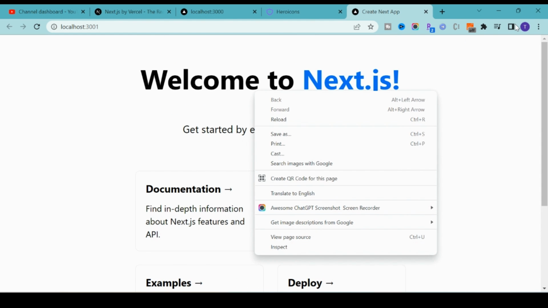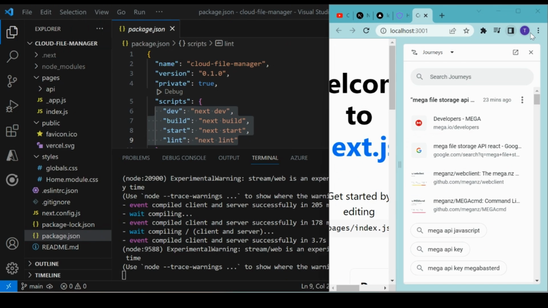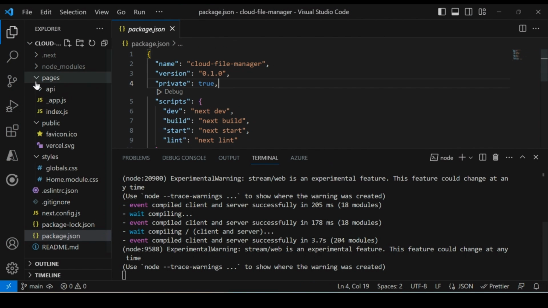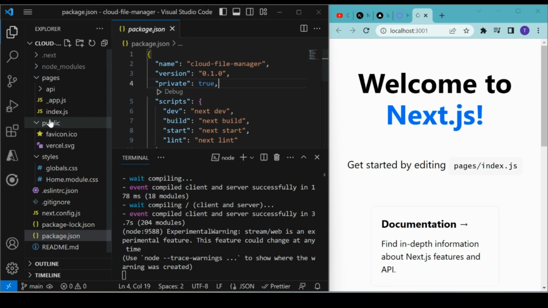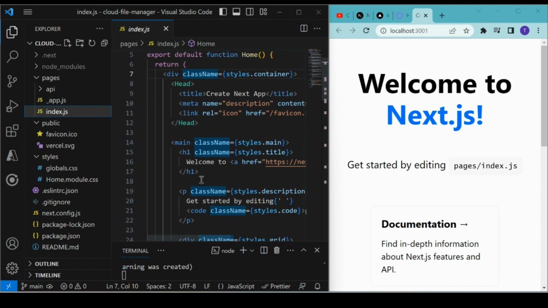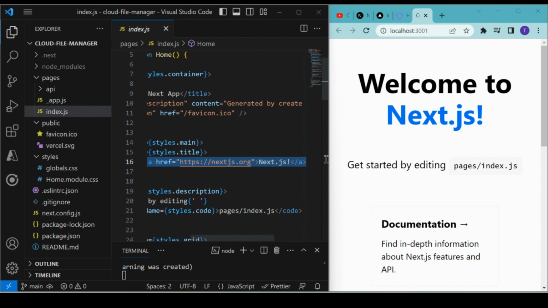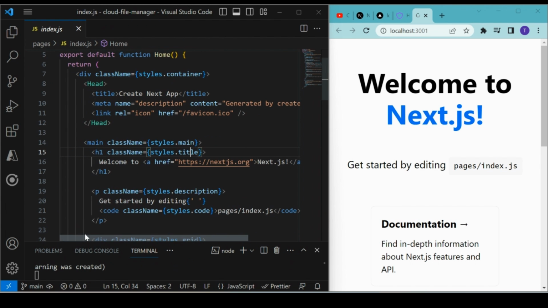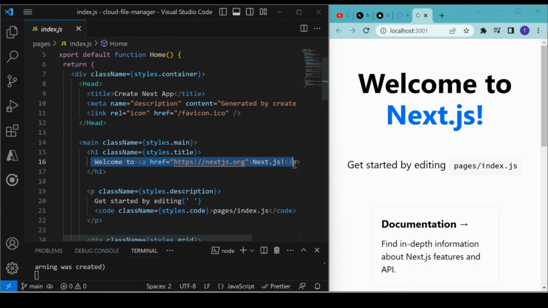Now let me bring this here. And if you go to index.js, this is the default page, and it's rendered here. If you come down here, we have the welcome to Next.js text, and this is the text it's populating on the screen. If you change it, for example, let's change to